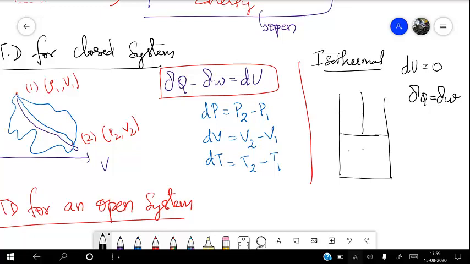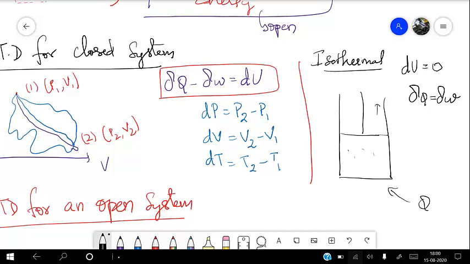Now I will assume some gas is present inside this and I am supplying heat. When I supply heat, what do you expect? The temperature increases and the gas expands. The gas expands and the piston moves up. When the piston moves up, again the pressure falls and the temperature falls, which means the temperature is not changing. So this is so beautifully done, where whatever heat you supply is completely converted into work. It's a very slow process where you can see there is no temperature change. You would think that when you supply heat, the temperature will increase, but the temperature is not increasing in this case. Instead, the heat being supplied is completely converting into work,